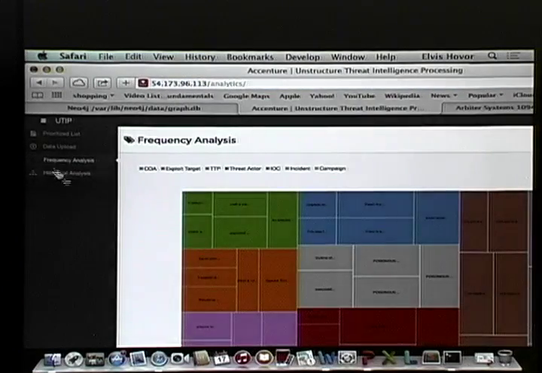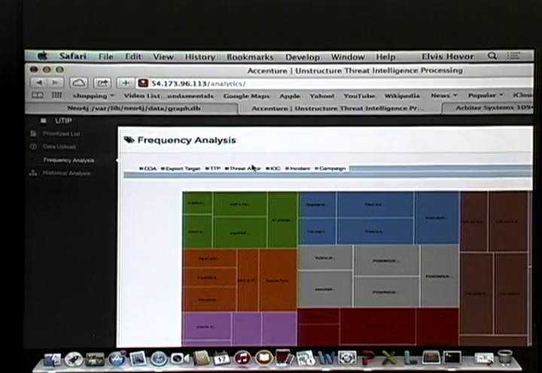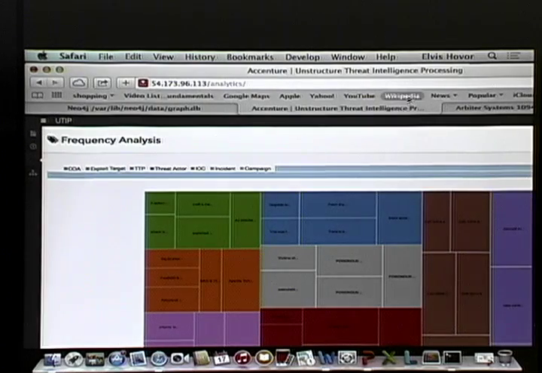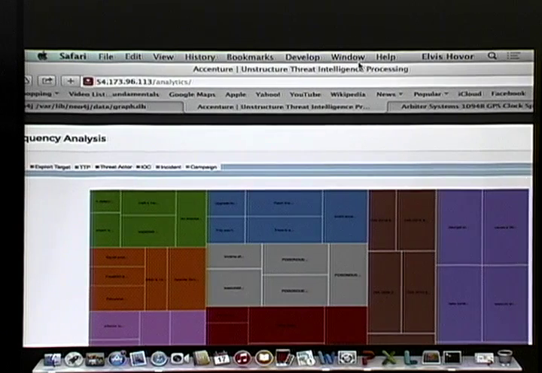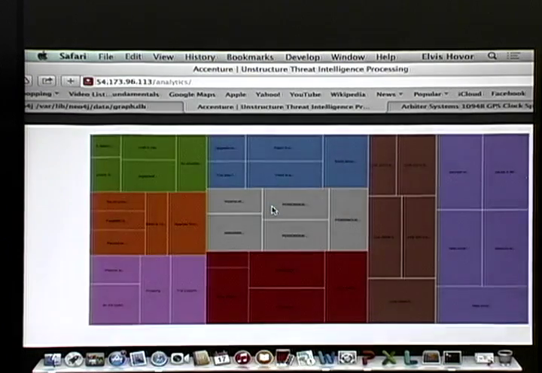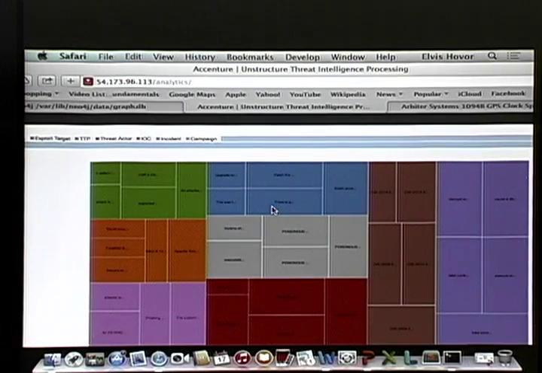So we decided to use this tree map. This is one of the first ones that we have, to show the information that we have in there. And thanks to Sean, our D3 guy, he helped us a lot on this. So we decided that if we could use a tree map to see what information is contained in the documents, then you can have a general idea. If you limit the documents that you have to maybe a one week set of documents, and then you want to see what has shown up a lot in your